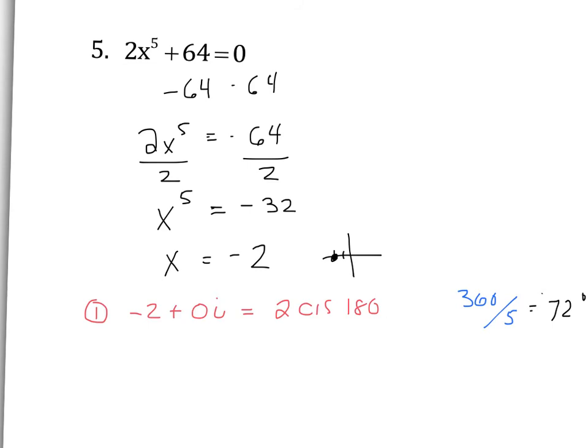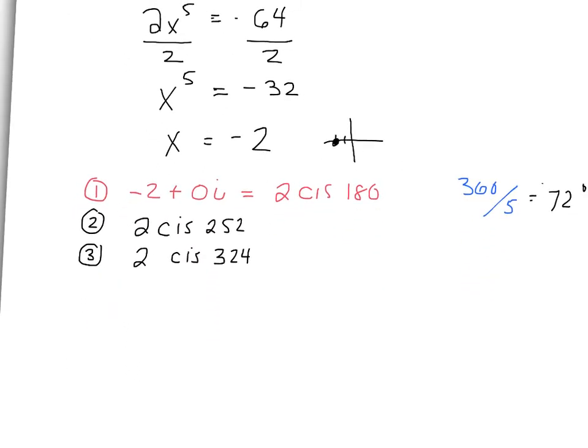Now, that's the distance apart. So my second answer is going to be 2 cis, add 72 to 180, and that's equal to 252. So 2 cis 252. My third answer is going to be 2 cis. I got to take 72 and add it to 252, so that's going to be 324. I'm just adding 72. My next answer is going to be 2 cis, add 72 again to 324. So that is going to be 396,